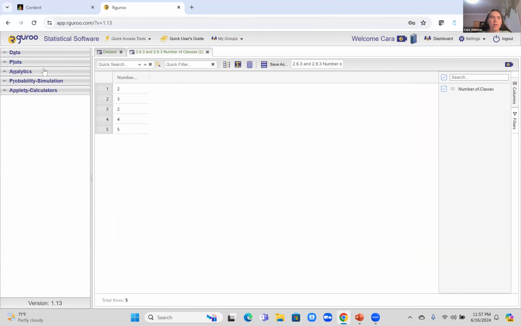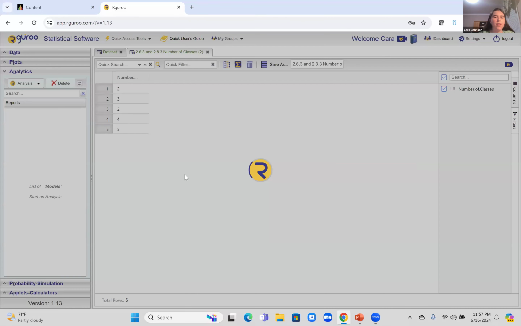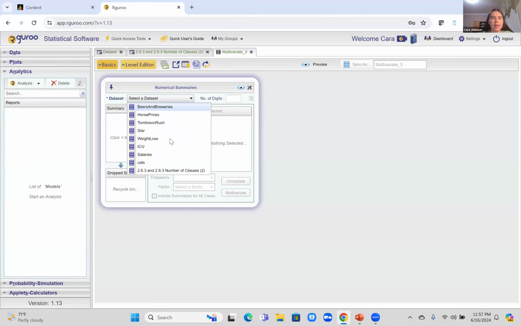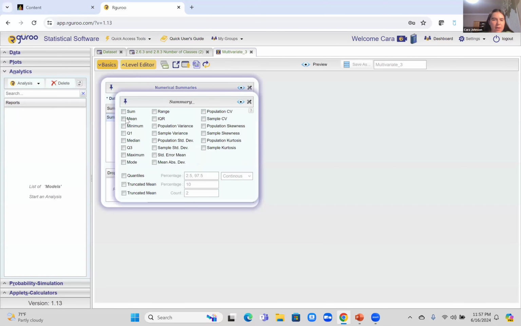So now to find the variance and standard deviation, we're going to go to the same place we did to find the mean, median, mode, and 5-number summary. So analytics, analysis, and numerical summaries. I'm going to select my data set, and then I'm going to move my variable over, go to univariate, and then check